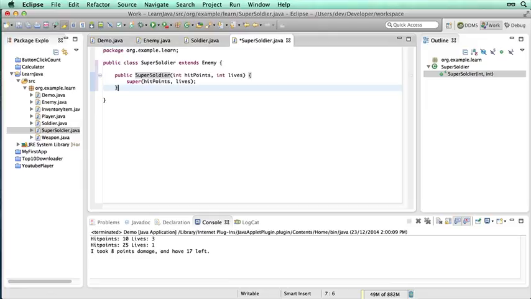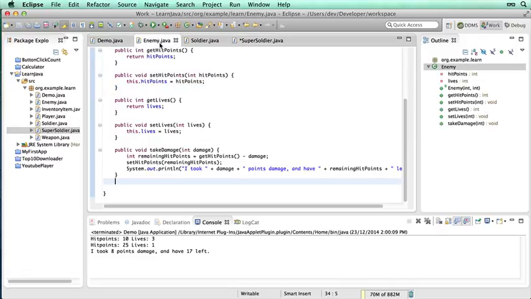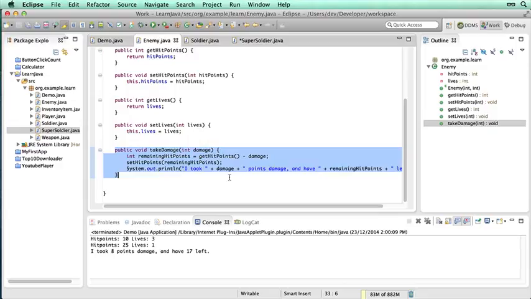But let's assume that because this is a super soldier, whenever it takes any damage, it only gets 50% of the total damage because it's got some sort of super armor on it. And this is where the interesting part of overriding a function comes in. So if you recall, in Enemy.java, we had this function, public void takeDamage. I'm just going to copy that into SuperSoldier,